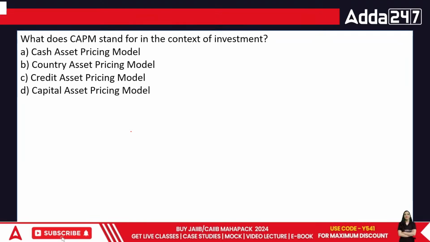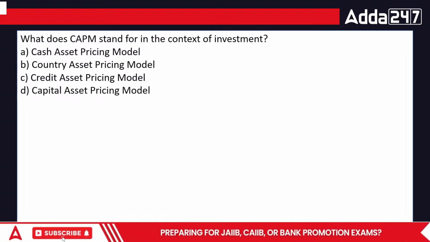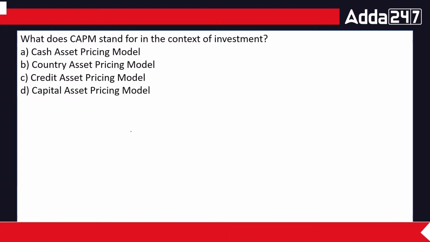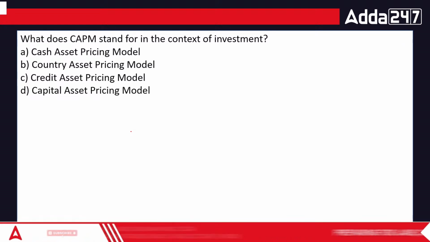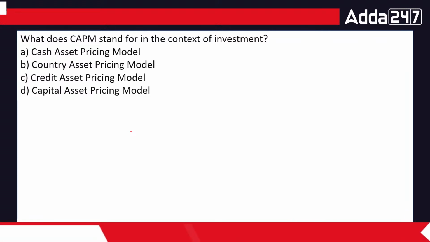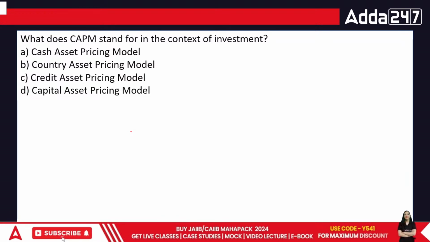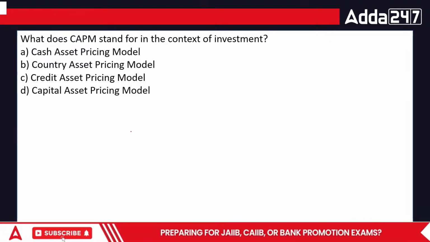What is the CAPM model? The CAPM model plays a very important role in the entire organization. Why does it play a very important role, everyone? There's a very strong reason behind it. The options were capital asset pricing model, cash, country, or credit. It would be capital asset pricing model. That's called CAPM. In a few areas we call it CAPM, in a few areas we don't. Its full form is capital asset pricing model. Okay, so that's the answer. The answer is CAPM.